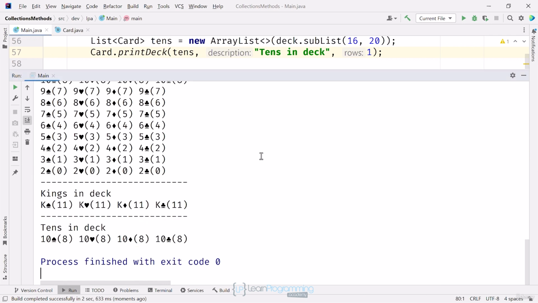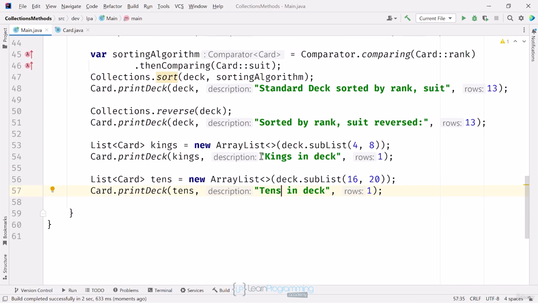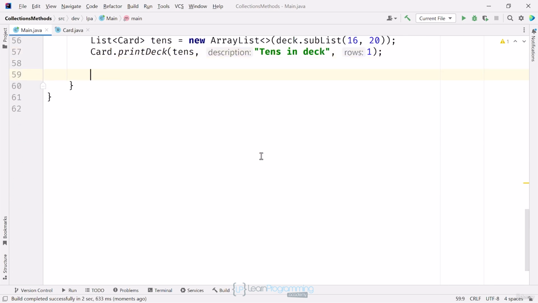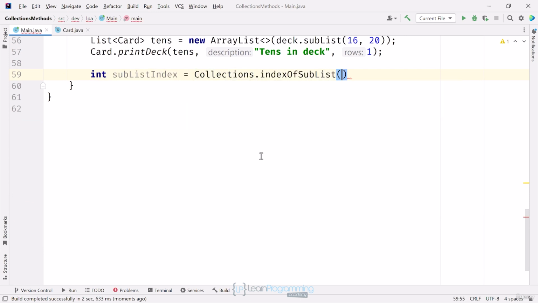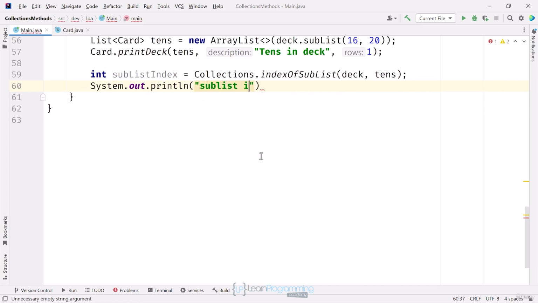Now that I have these lists, I can use them to test a couple of other useful methods on the Collections class. The first is indexOfSubList that returns an integer if it finds a sublist in the collection passed to it. The first argument, I'll make the deck, will be searched. The second argument, I'll make that the tens list. This will return an integer if tens is found in the deck, or a -1 if it wasn't. And I'll print the result of that method call. Running that now,